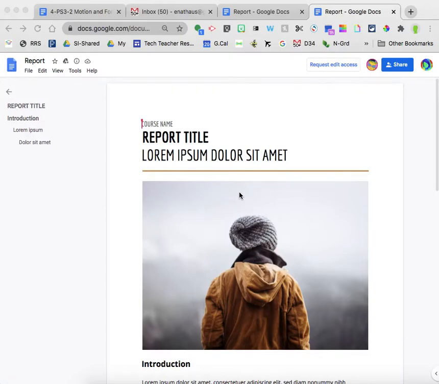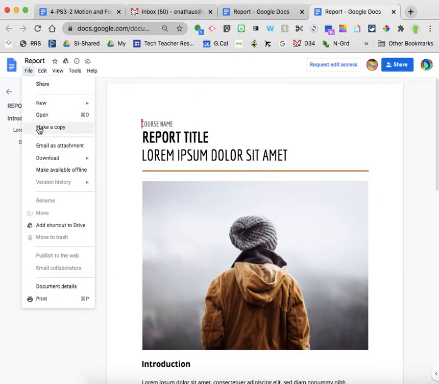This is a quick video to show you how, when you receive a document that you do not have editing rights for, or it says view only, rather than requesting editing access, you can just make a copy. So in order to do that, you're going to come over to where it says File, and then click Make